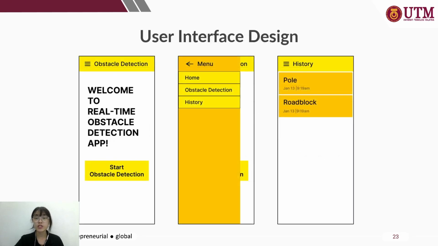Okay, finally, we reach the user interface. This slide shows the home interface, which features a large and easy-to-tap start obstacle detection button, making it straightforward to begin using the app. And then the menu provides simple navigation to the home, obstacle detection, and history pages. And the history interface presents a list of past detections with timestamps, allowing the user to